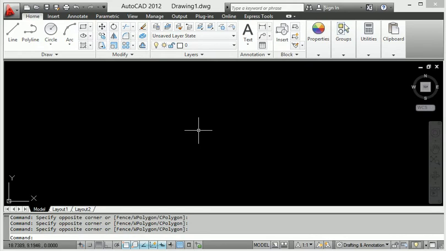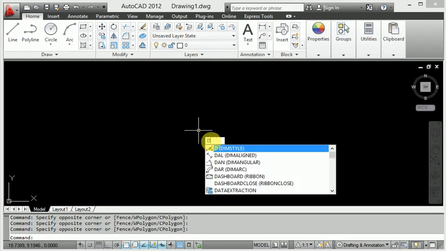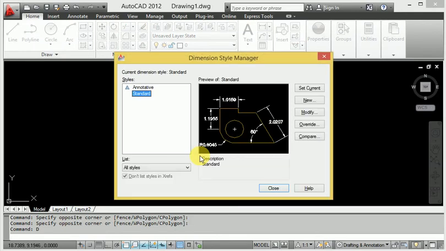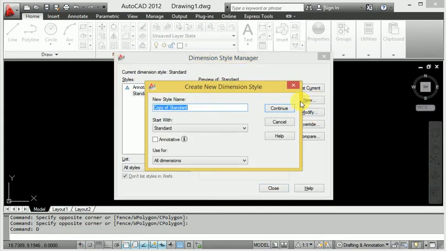enter, press D, enter. Look at this, D, dimension style is coming here. So when you enter D, enter, it comes to dimension style. It is very important to set the dimension style before creating. So first of all, when you start from a new process, it is called copy standard, when you go to continue here, then